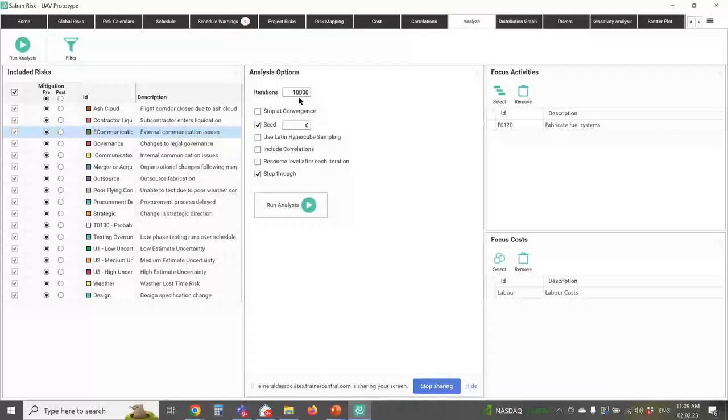Now, people generally in PRA would run a relatively low number of iterations because it was fairly slow. Whereas here, the analysis is much faster. It's just a more modern piece of software. So I typically would run 10,000 iterations or more because it happens so quickly. When I click Run the Analysis,